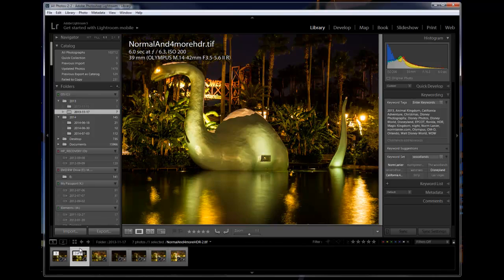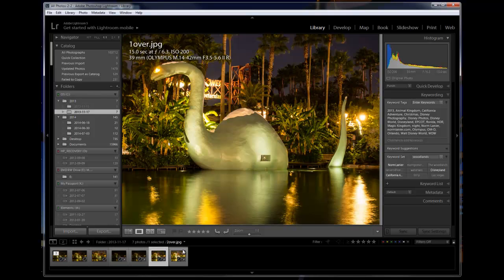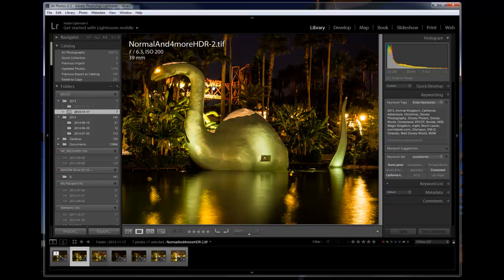So let's go back to the one that 32-bit HDR just did for us, and let's talk about what it did. Basically, it has taken the information that existed in all 5 of these exposures, and it has combined them all together into one image. The information from all of those photos, as far as exposures, detail, everything else, has all been crunched down into a single file. Now, the advantage that gives us is that when we go into the development process, because we've got a lot more information to work with,